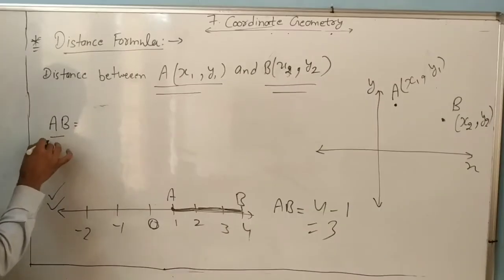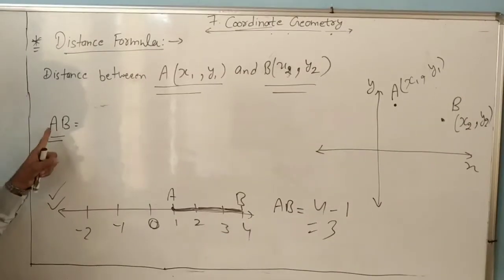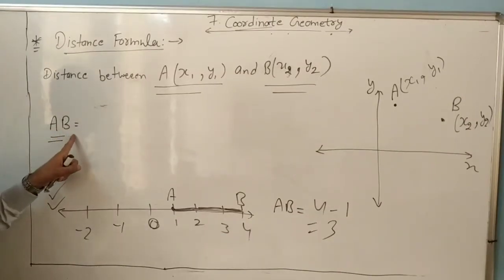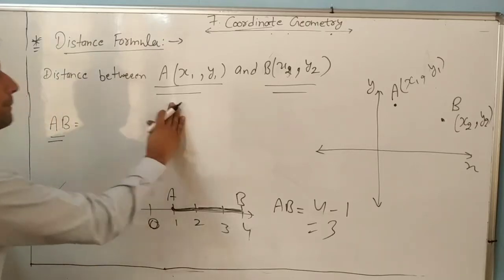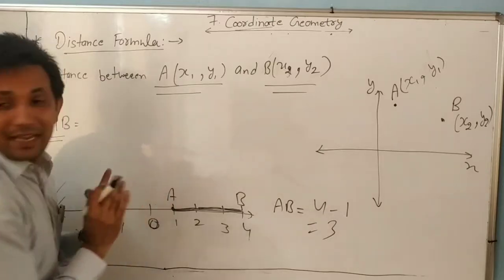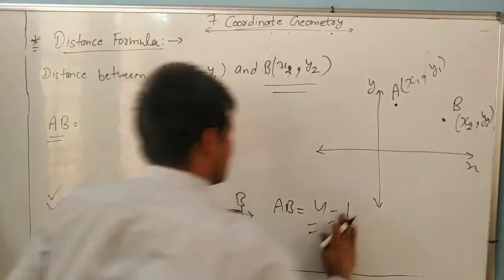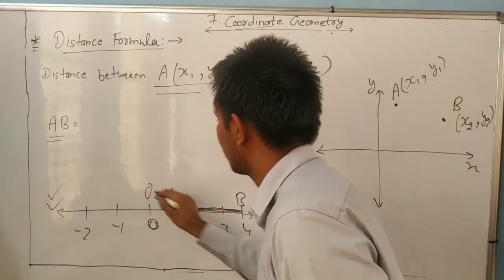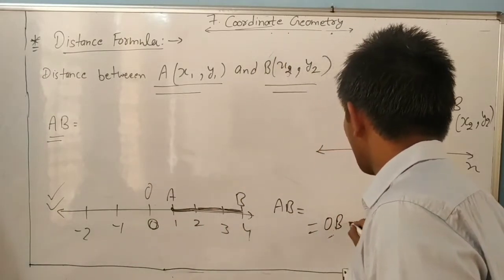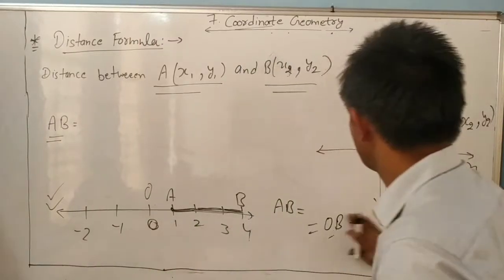Whenever I write any 2 points A, B, AB means the distance between A and B. So how will you find it? Look at the board, very simple. First we will take the x coordinate. From 0, OB minus OA, from the starting to the last point. Suppose it is point O. Same as it is, we will find